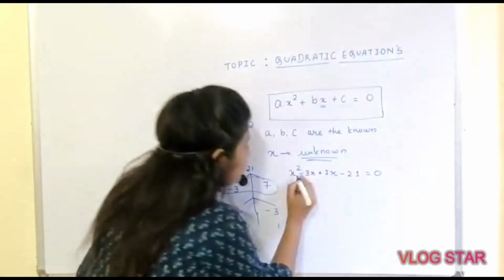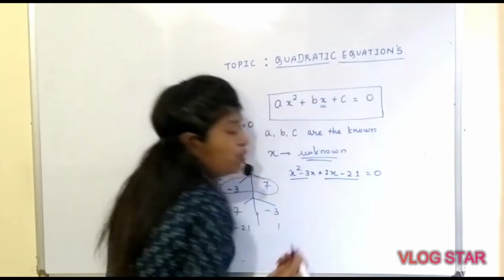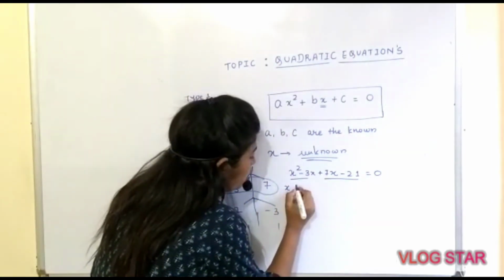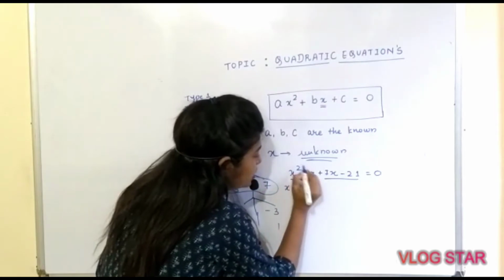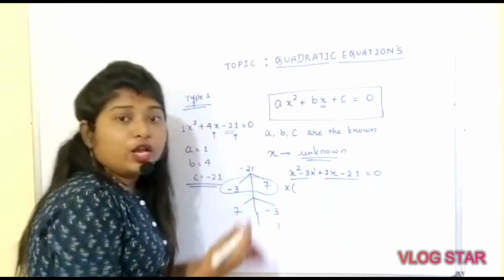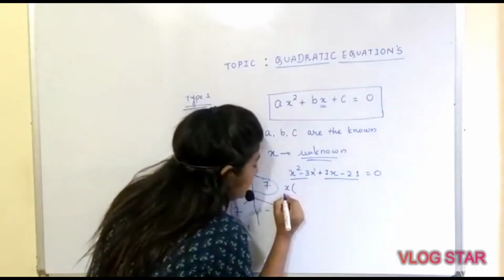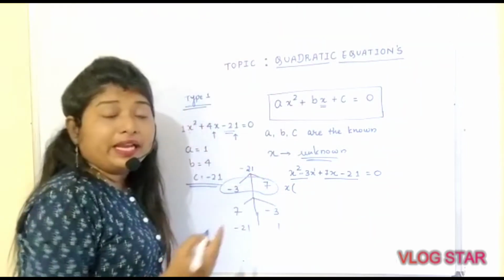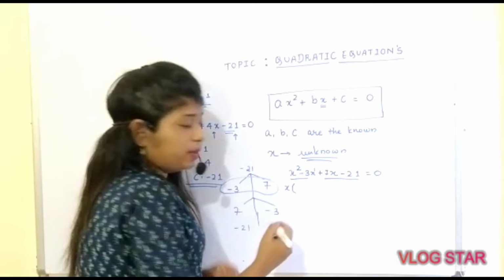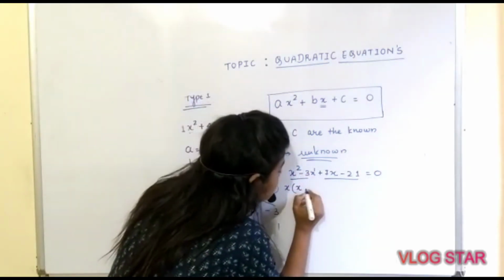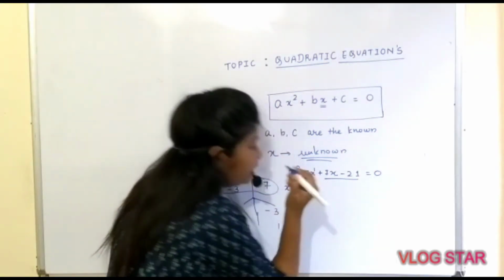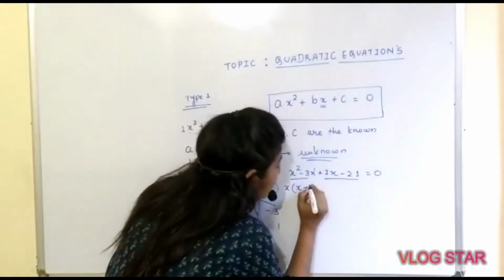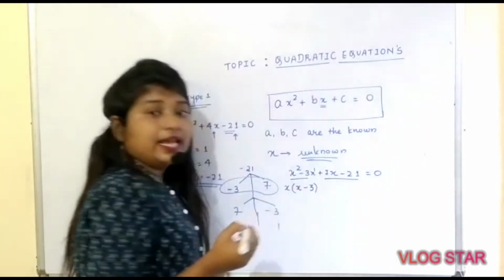Okay. The next will be what? You have to form the group. And then from this, as you can observe, this is x square, this is x raised to 1. You can take x outside the bracket. If from x square you have taken x outside the bracket, what is there inside? Can you tell me? Inside is x minus, from 3x you have taken x outside the bracket. What is there inside? 3 is inside.